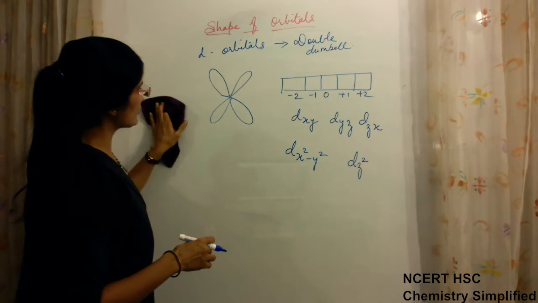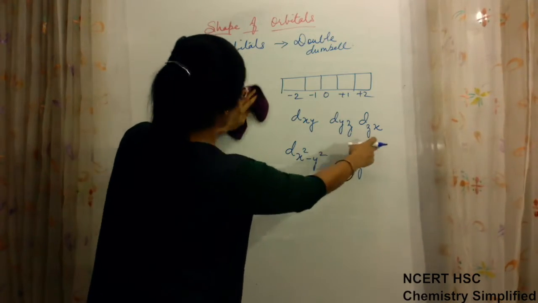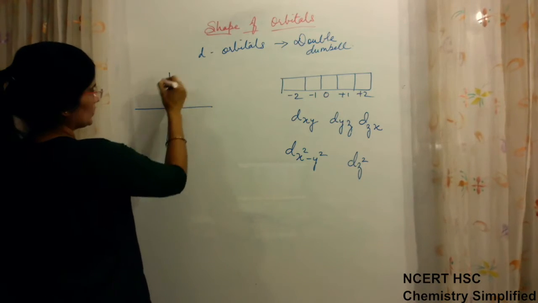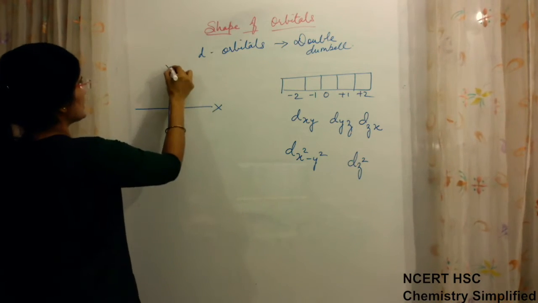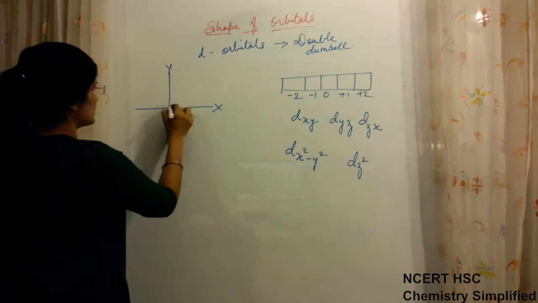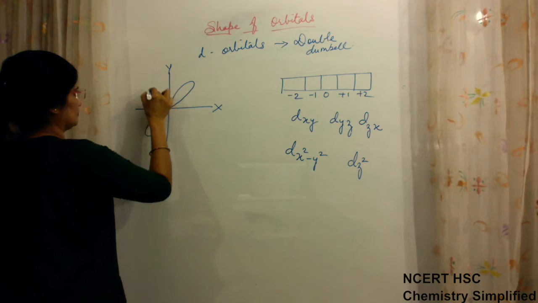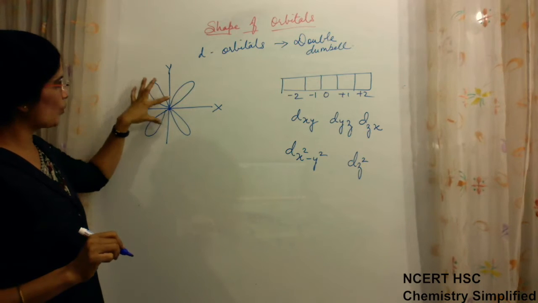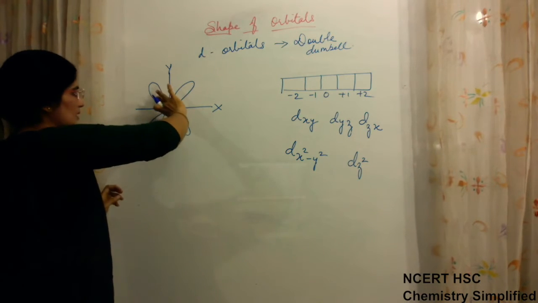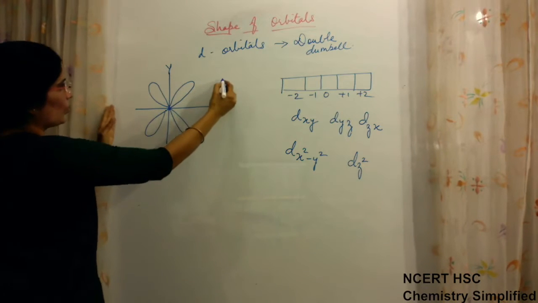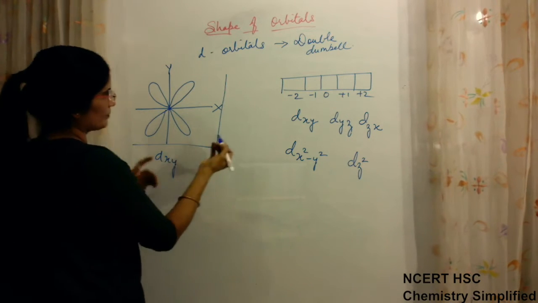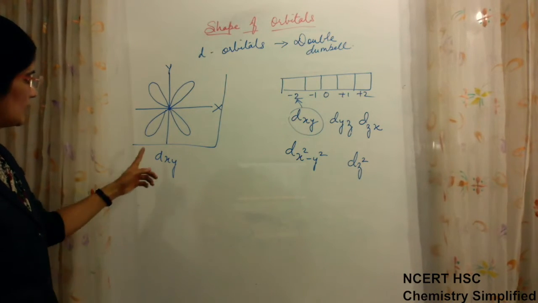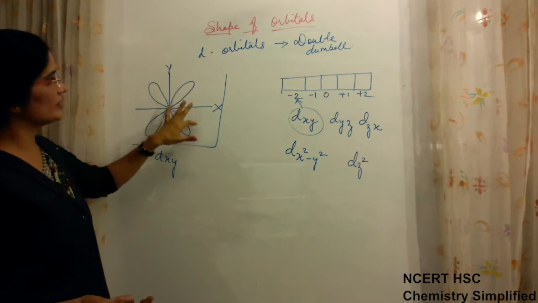Now, according to axis, if we draw dxy, dyz, dzx, we will draw them like this. Okay, x and y we have to draw. This is x, this is y. So the electron density is present like this. Between the x and y axes, the lobes are present. This is one orbital, this is another. Not orbital, parts of it. The whole is one orbital. This is dxy. You may assign dxy as minus 2, any one you can assign. So the two lobes are present in between these axes.